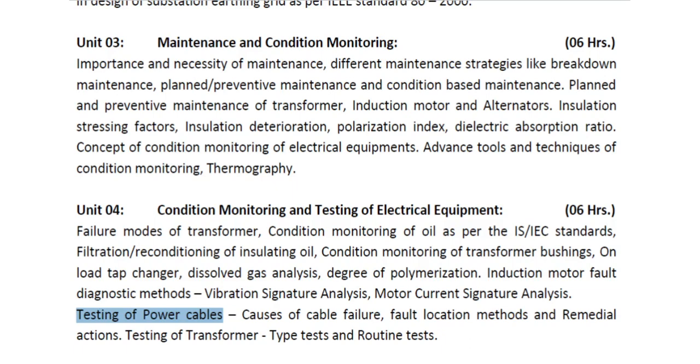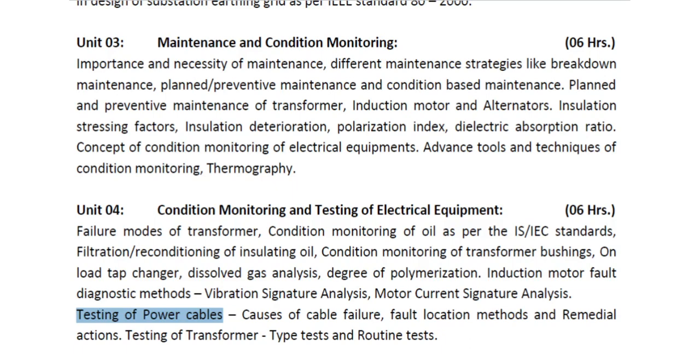We have started with unit number 4B, and we are interested in this unit about the electrical power cable. In the last class we have seen the introduction of the electrical power cable. We have seen the structure of the power cable. So let's quickly revise the structure.